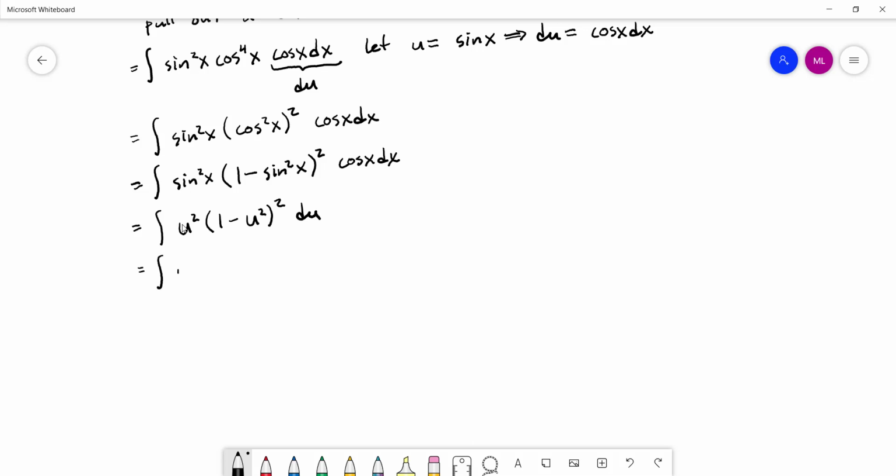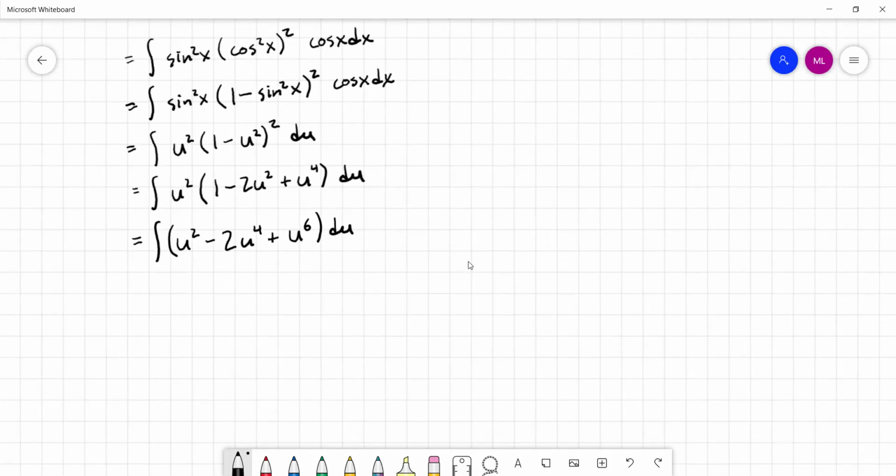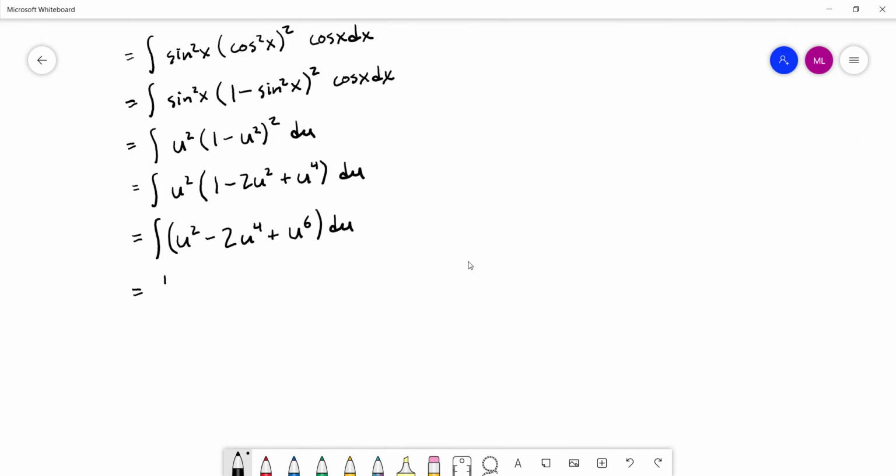So this is going to be the integral of u squared. When we FOIL this out, I'll get 1 minus 2u squared plus u to the fourth du. Then we'll distribute that u squared through. We'll get u squared minus 2u to the fourth plus u to the sixth times du. So all I've done is distribute this u squared through to these three terms. And now I simply have a polynomial to integrate. And it's going to be 1/3 of u cubed minus 2/5 u to the fifth plus 1/7 u to the